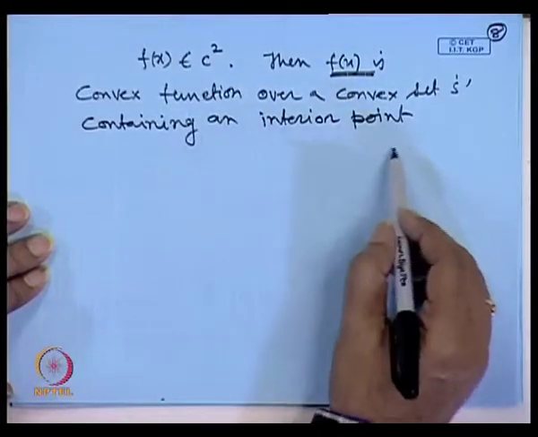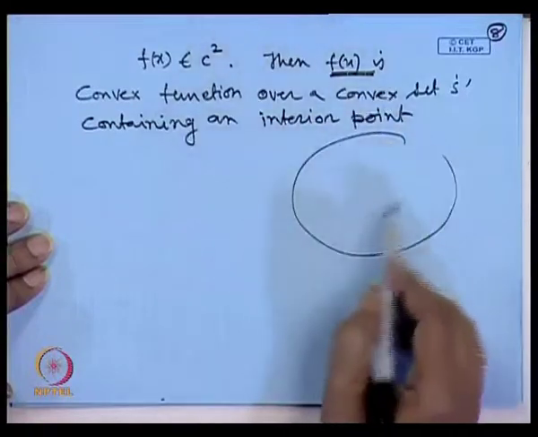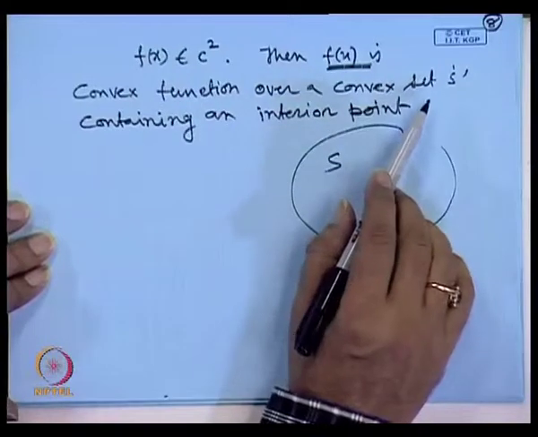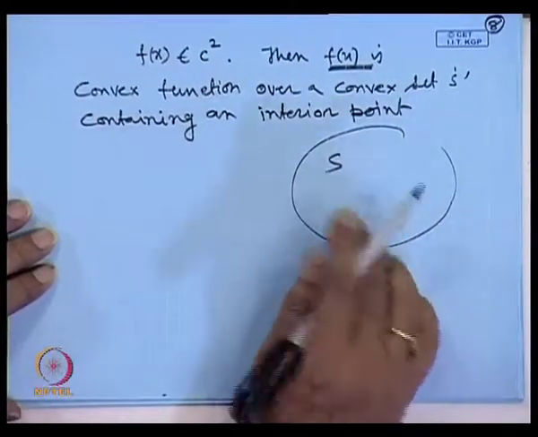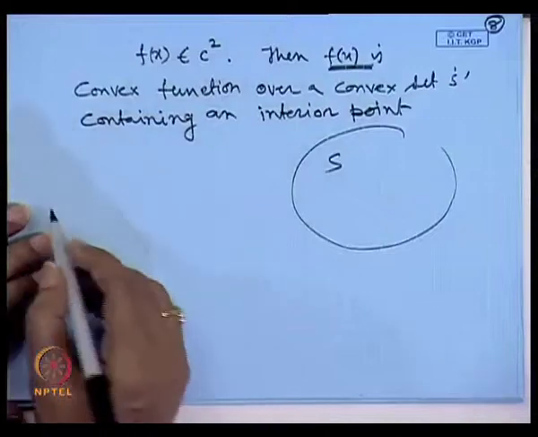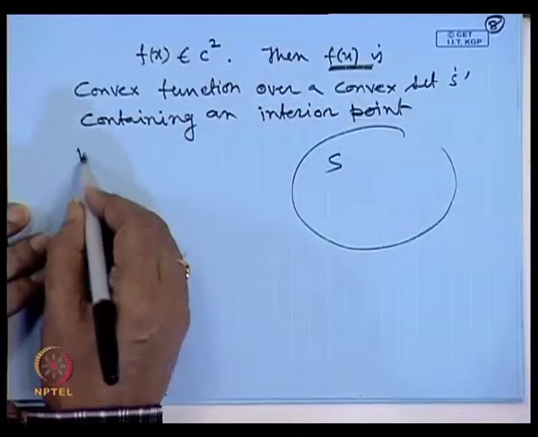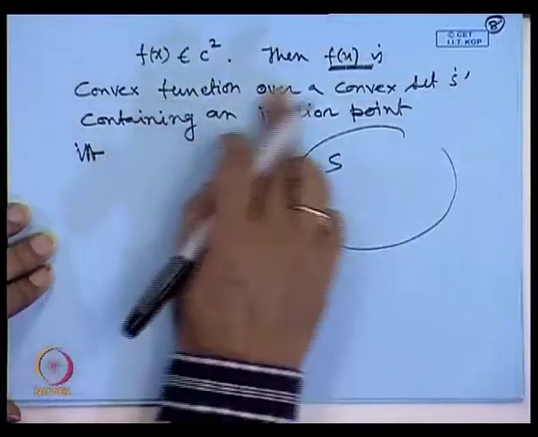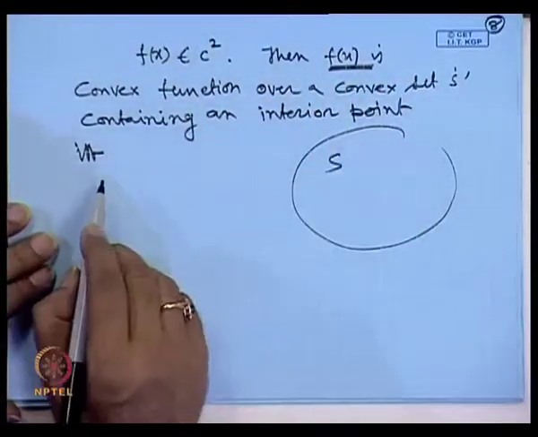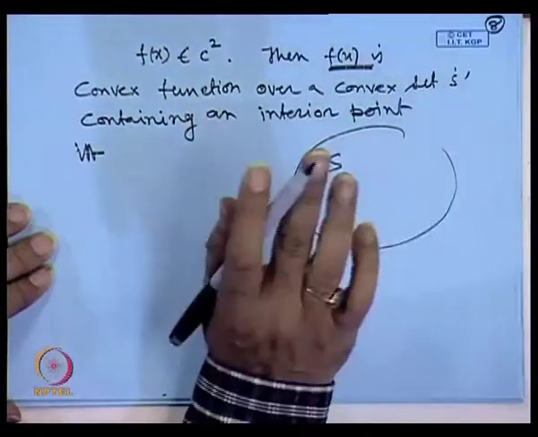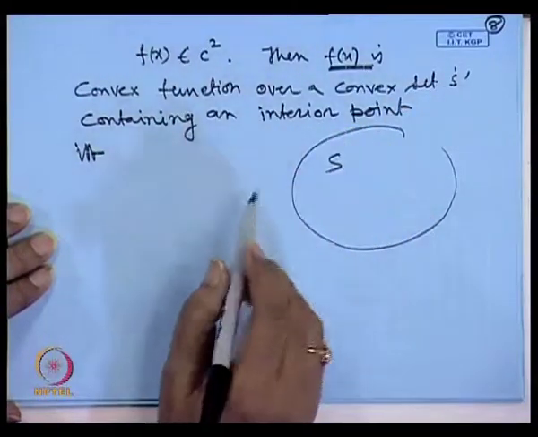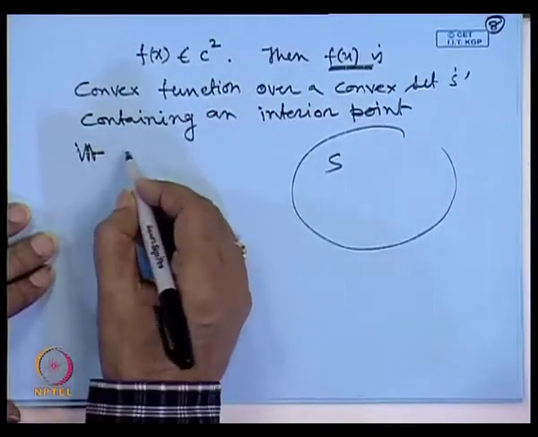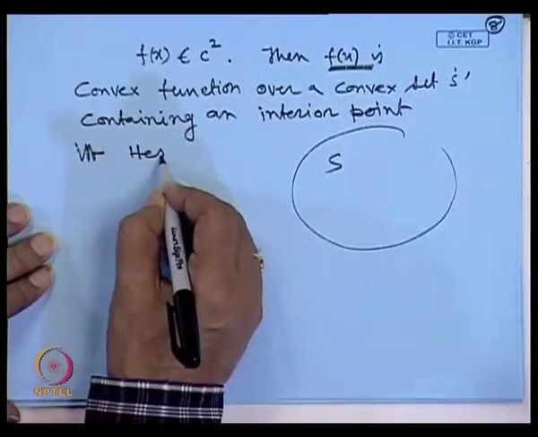So, we have a function f that belongs to that set, and there is one interior point in the set. The function is a convex function over the set S containing an interior point if and only if the Hessian matrix